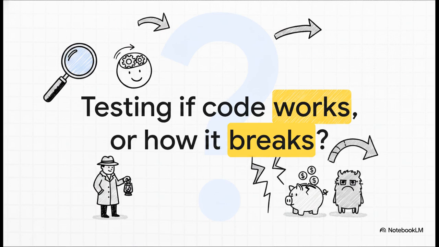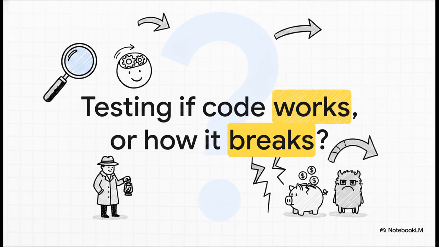So, we've got to start with this core question. Honestly, normal happy path testing is kind of the naive victim in our detective story. Happy path testing is when a developer feeds the system perfectly clean, completely expected data, just to see if the main features function. But let's be real. High-stakes financial engineering isn't a perfect world. It's chaotic. It's unpredictable. Just checking if the system works under ideal conditions is a recipe for absolute disaster.